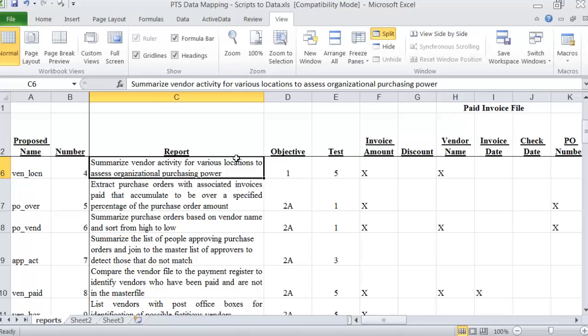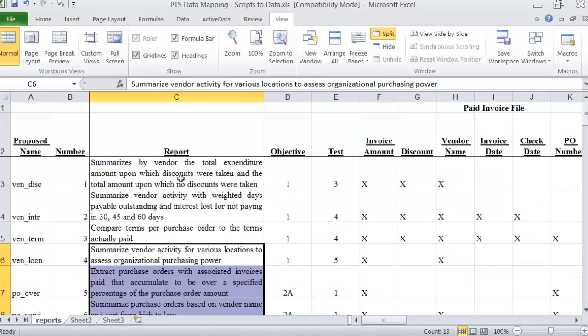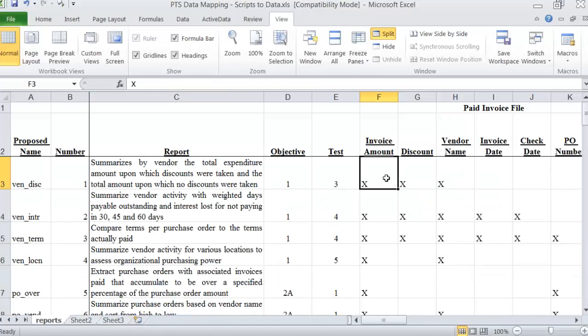And as we get more into the process of running data analytics, I think this will come more clearer to you. But I think this is just a great checklist. It takes about a half hour to sit down and knock off putting in the 50 or so reports that I plan on running, and then over to the right here, just noting, summarize by vendor the total expenditure amount where there's discounts. Okay, I need invoice amount, discount, maybe vendor name and vendor number,